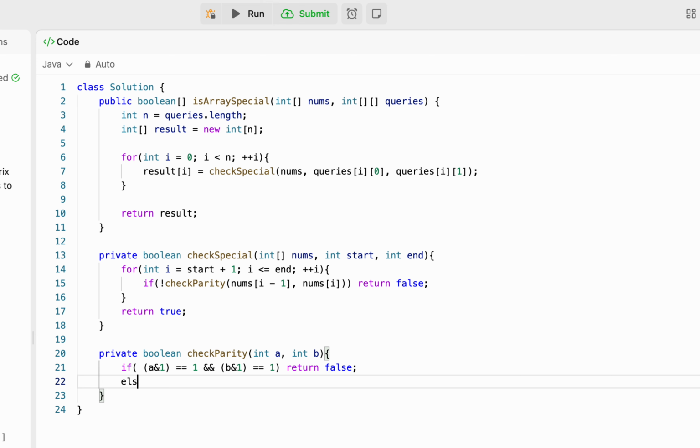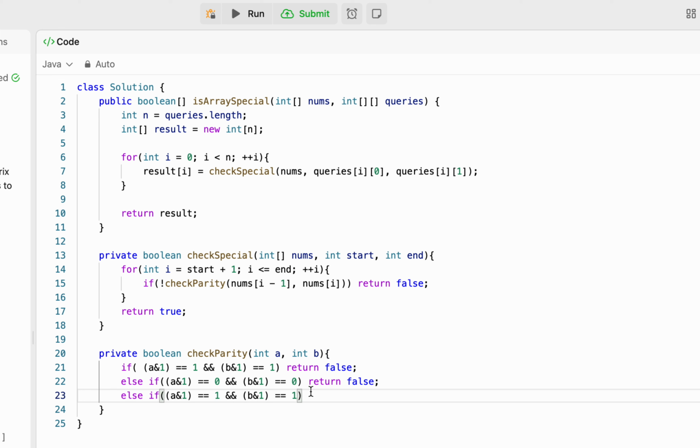And also else if, again we'll take this and make it 0, this also as 0, then we'll again return false because they are both the same. Else if this is 0 and this is 1, then return true, else return true. So if we do it like this,